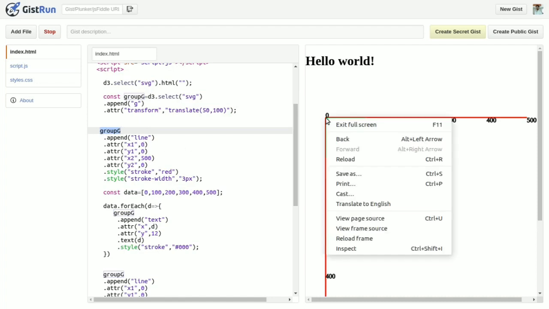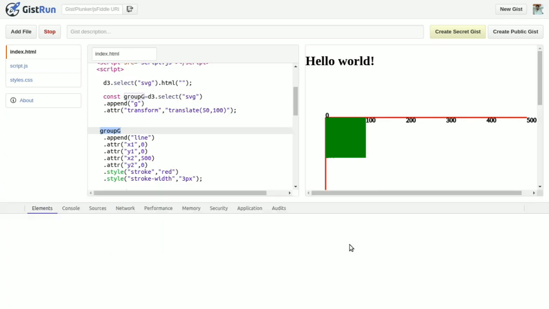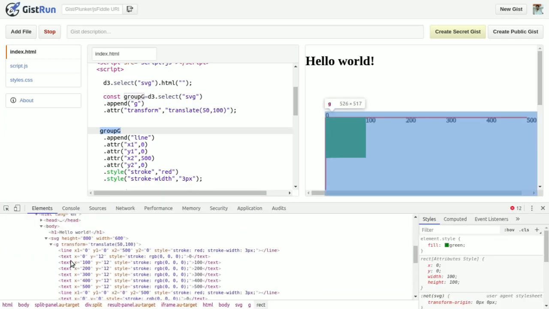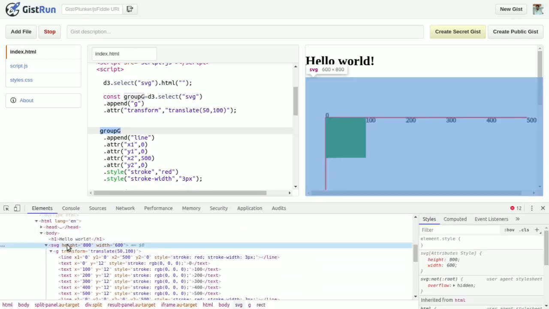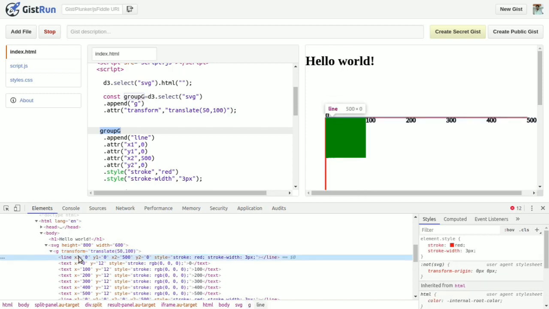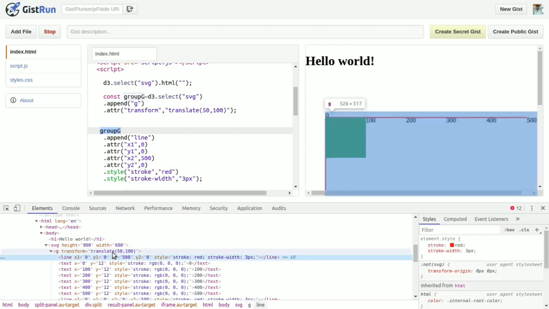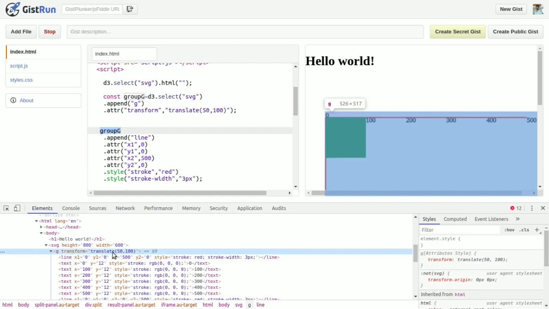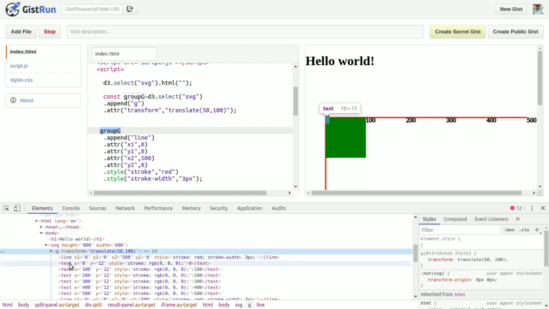So here when you inspect, the SVG is available here. Now you have transformed this group element 50 pixel from left and 100 pixel from top. Now for this line the 0 0 coordinates will be this one, 50 and 100, and for this text also the same.